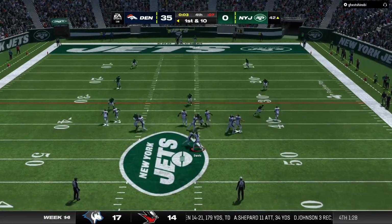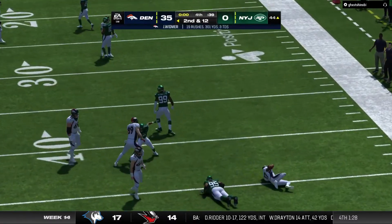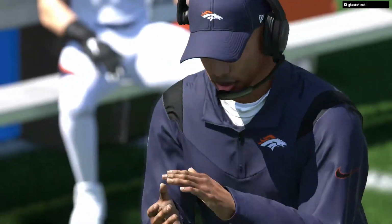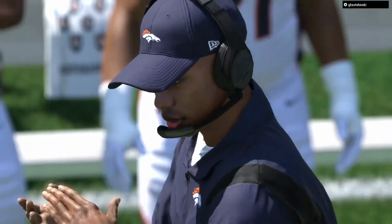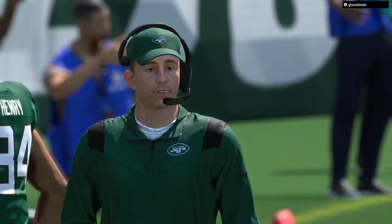Clock continues to move. No better way to close out a game than to tap those mastodons you have up front and say, guys, keep pounding them. Let's keep the ball, keep their offense on the sidelines, and let's close this one out. Charles, when you look at the stat sheet, you realize that both sides are